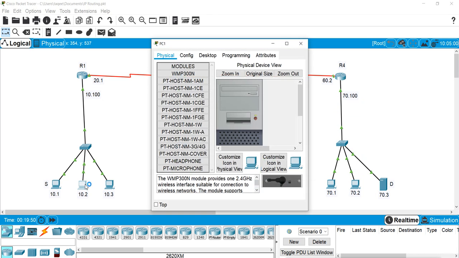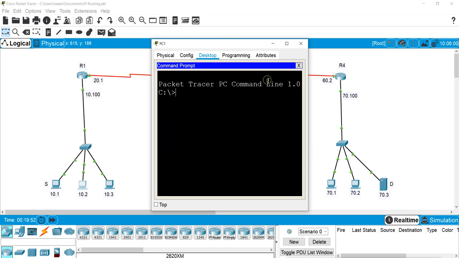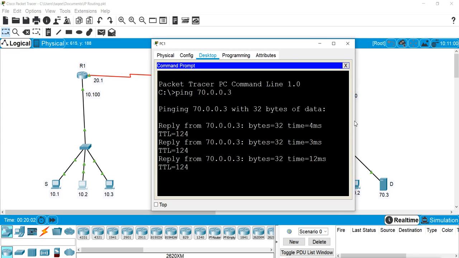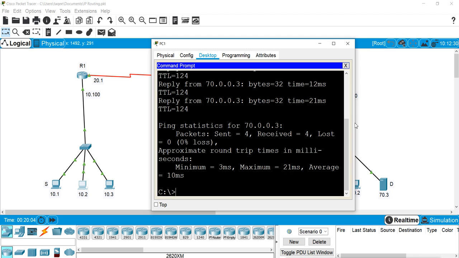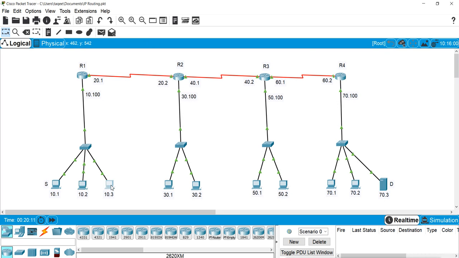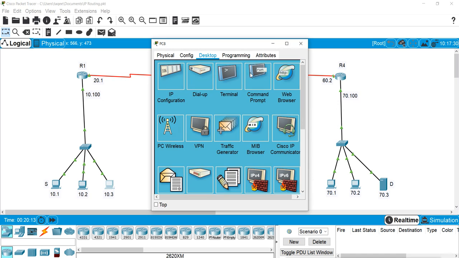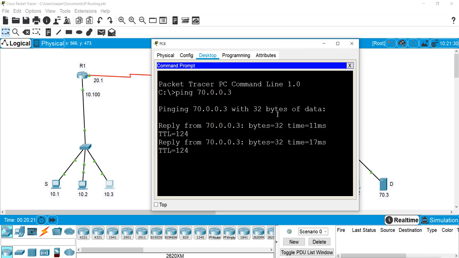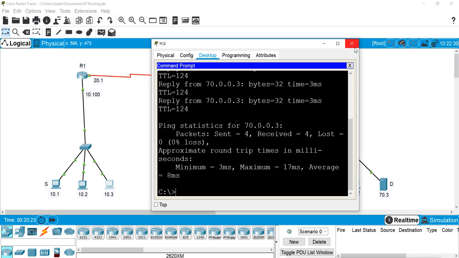Now I will check from this machine. This machine can also access this server 70.3. And this machine can also access.